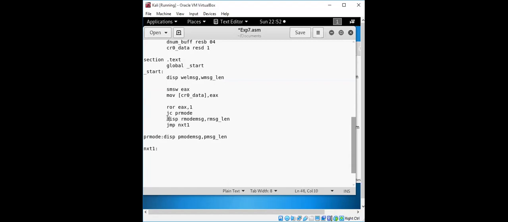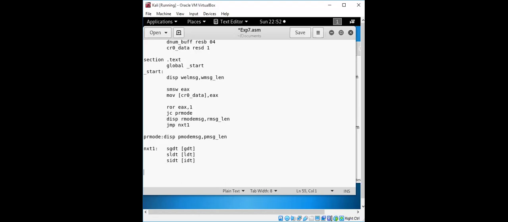Now, after displaying that, if it is in real mode, then we'll display the content for SGDT. For this also, you can get the meaning: this instruction SGDT stores the content of the GDT register. Okay, SLDT stores the contents of the LDT, local descriptor table, and SIDT stores the IDT content.